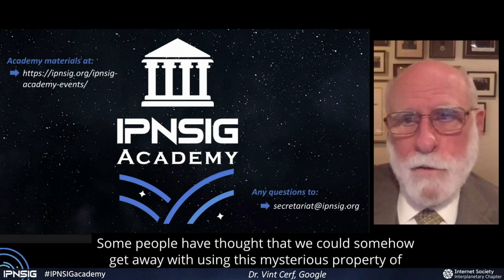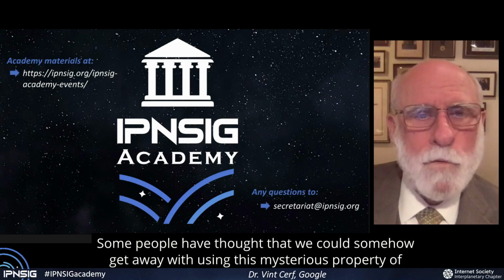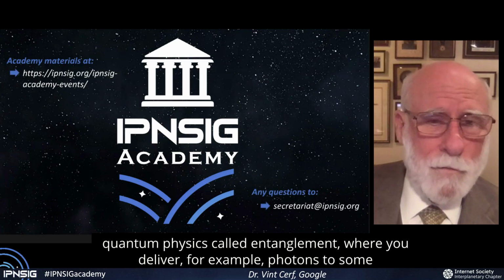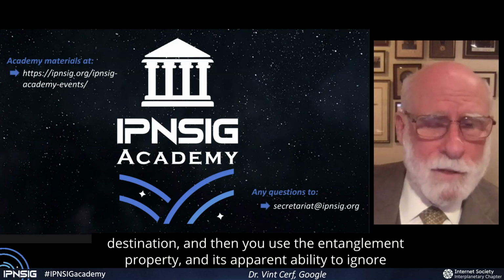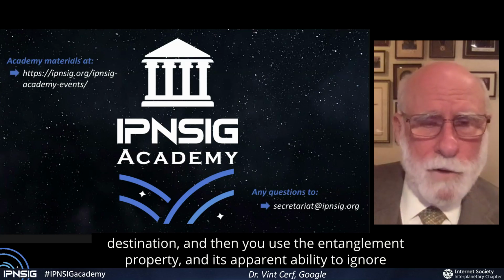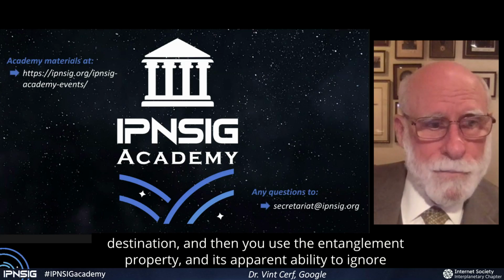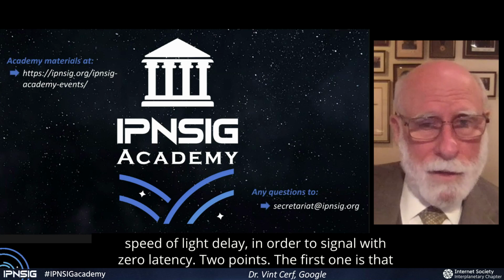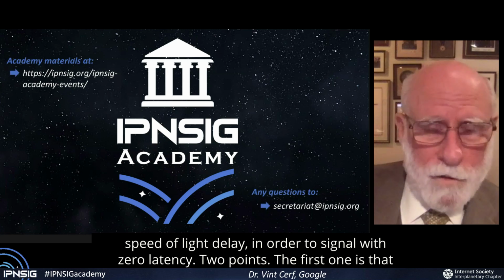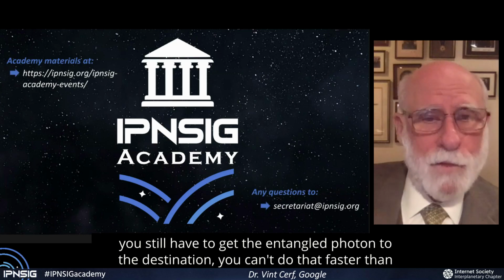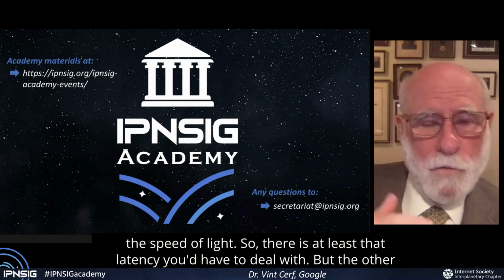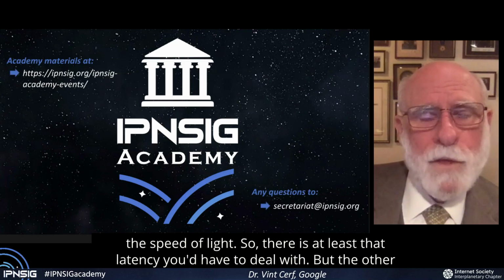Some people have thought that we could somehow get away with using this mysterious property of quantum physics called entanglement, where you deliver, for example, photons to some destination, and then you use the entanglement property and its apparent ability to ignore speed of light delay in order to signal with zero latency. Two points. The first one is that you still have to get the entangled photon to the destination. You can't do that faster than the speed of light. So there's at least that latency to deal with. But the other problem is that